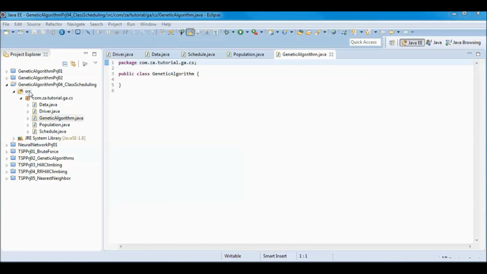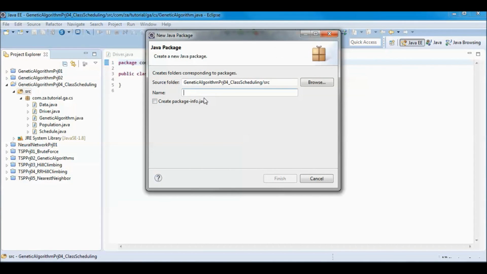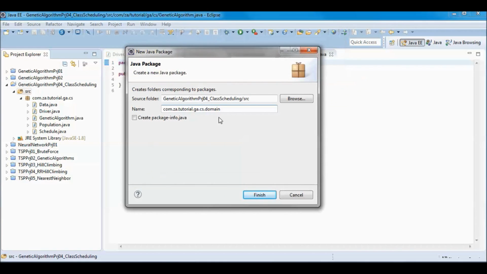And let me also create another package. So the domain, genetic algorithm class scheduling, and domain.